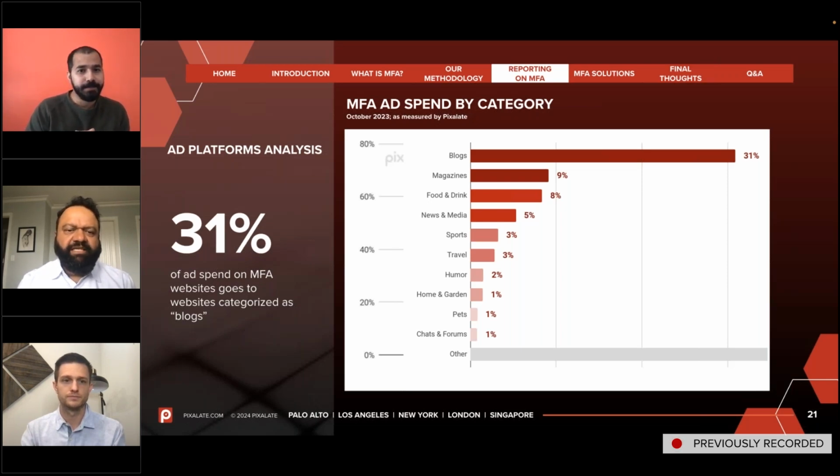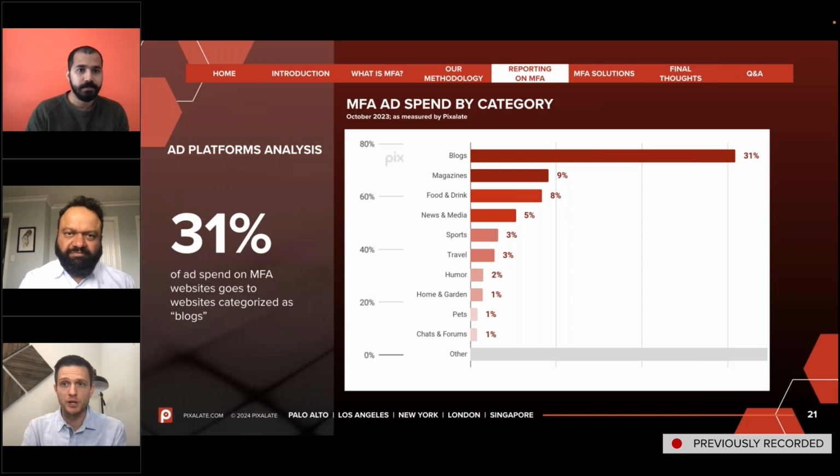Yeah, and if you see all the different categories up there, especially blogs, there definitely does seem to be a correlation to user-generated content in my mind, and of course the common things like your recipe sites and all that, and the entertainment sites, which are basically clickbaity also, and that I think is matched by what we see from a categorization point of view. Yeah, blogs, magazines, news and media are all very closely related, and those three alone are about 50%.